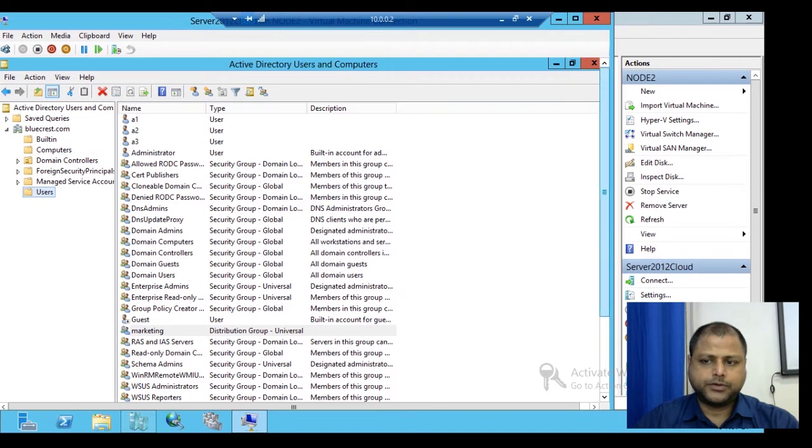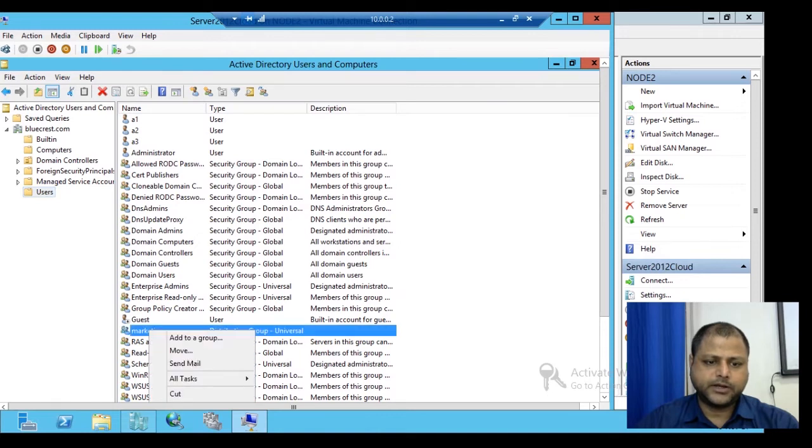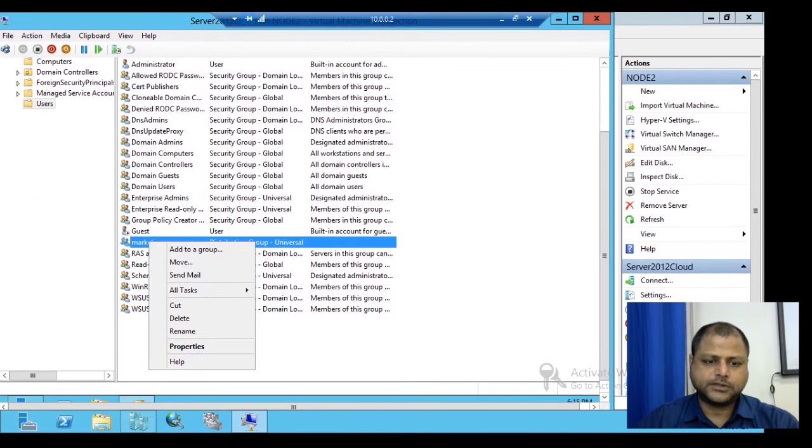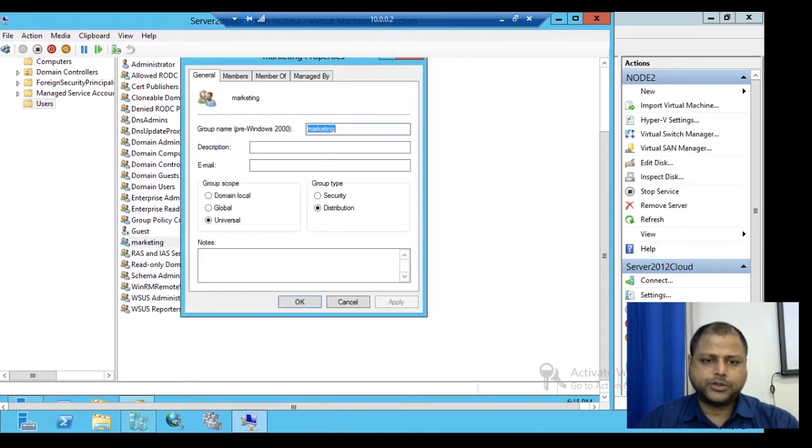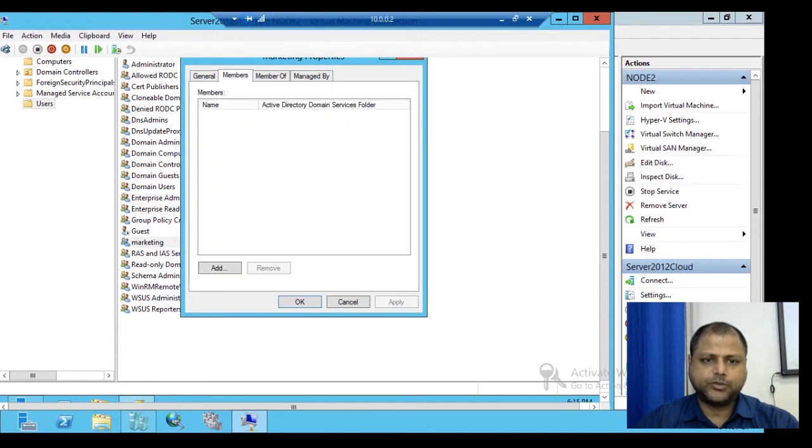Now we'll create one user and give that user membership in the group. If we come to the user account, we already have some users over here. We'll create one new user, and you can see that the Marketing group has been created. If we select Marketing and go to its properties, presently there are no members in the Marketing group.